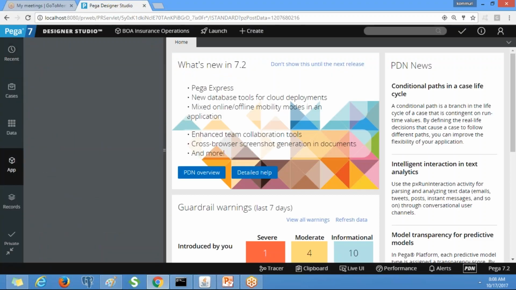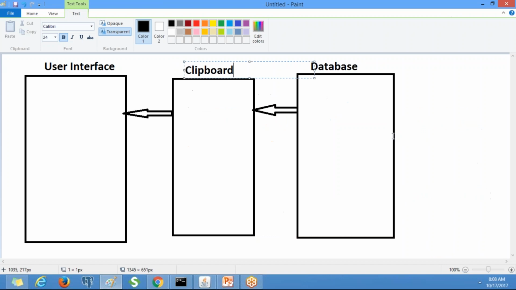In order to fetch a single record from the database to the clipboard, we have an activity method called obj_open. You write down, put the heading obj_open.